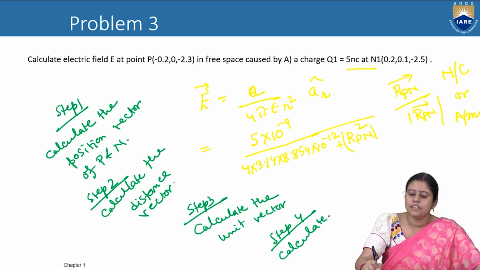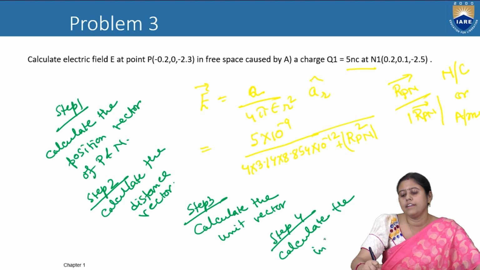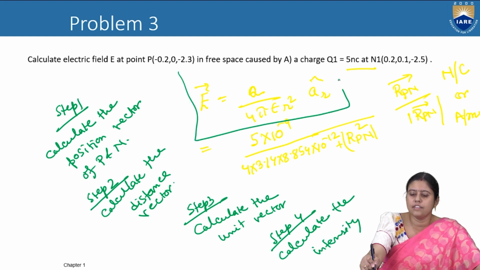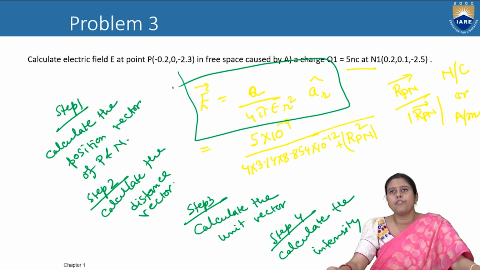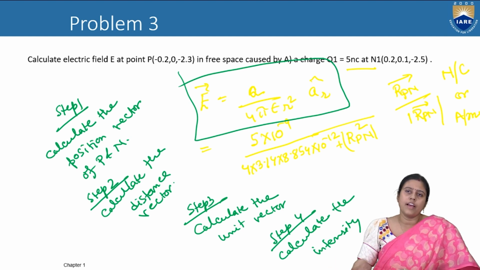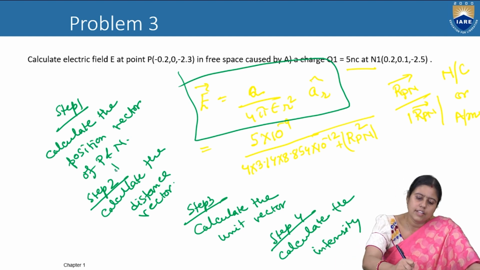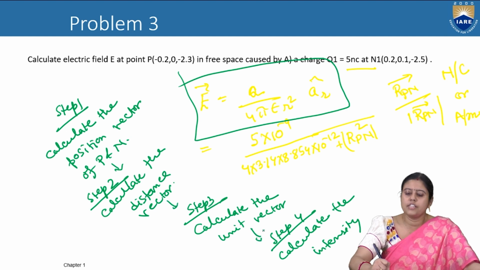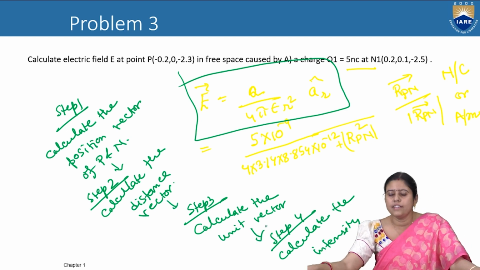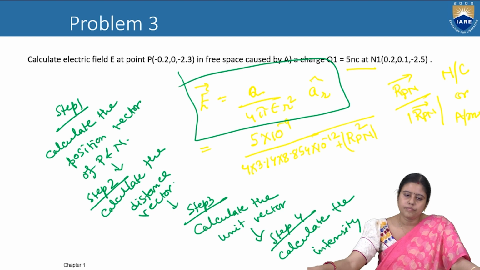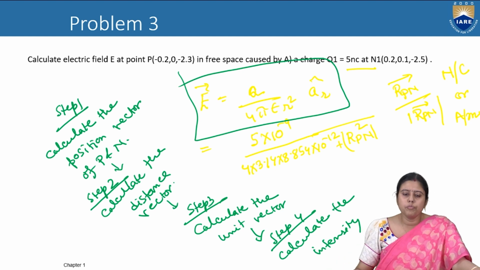Calculate the intensity. What is the formula of intensity? E is equal to Q by 4 pi epsilon R square AR. So these are the 4 steps to calculate the intensity. So we will move to the